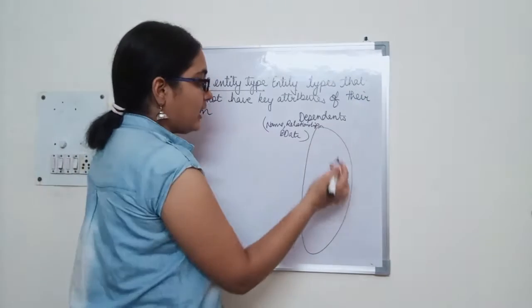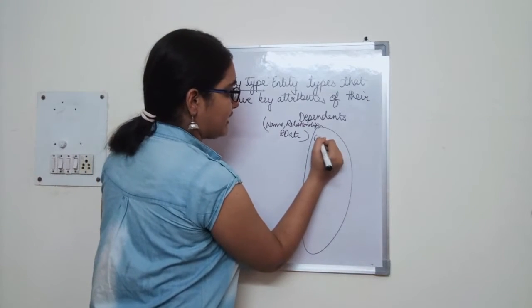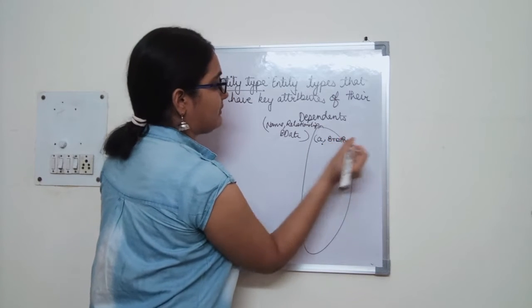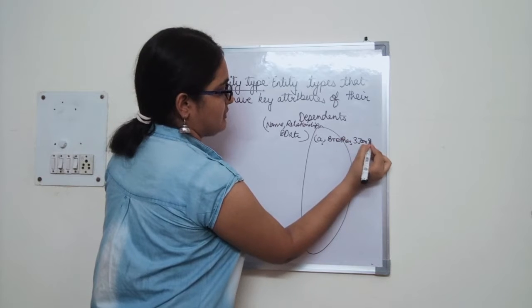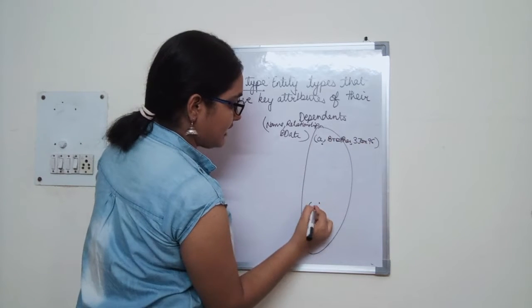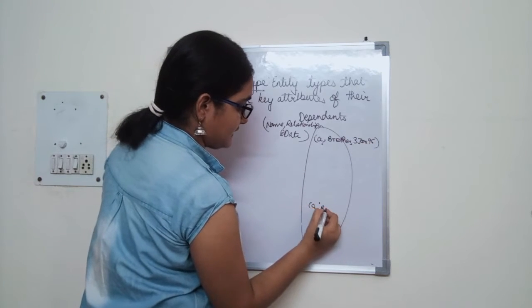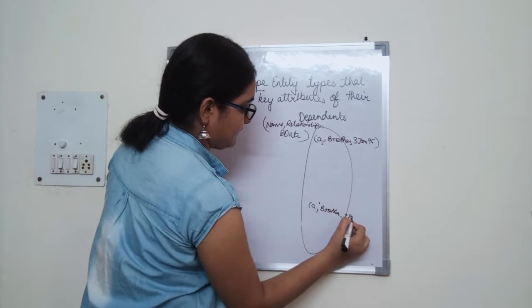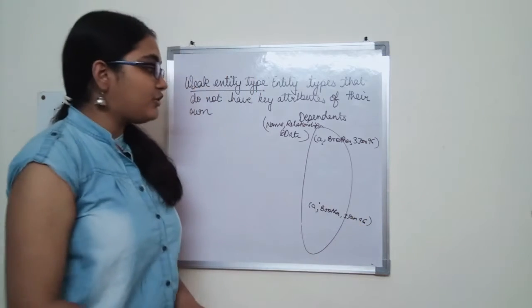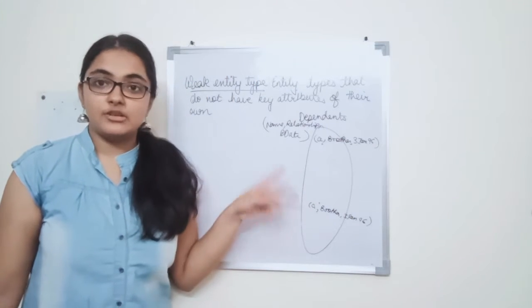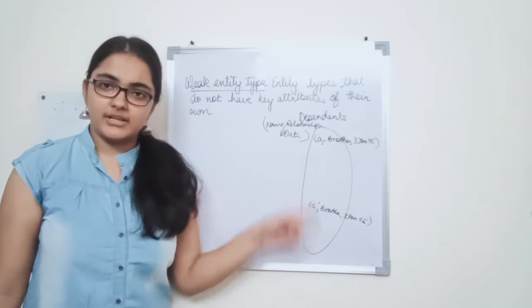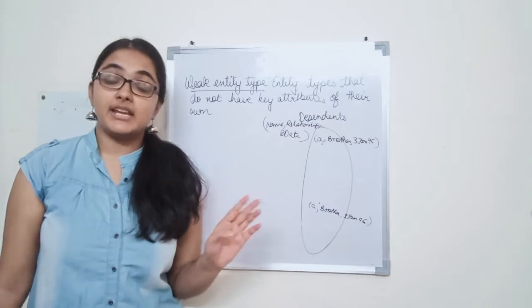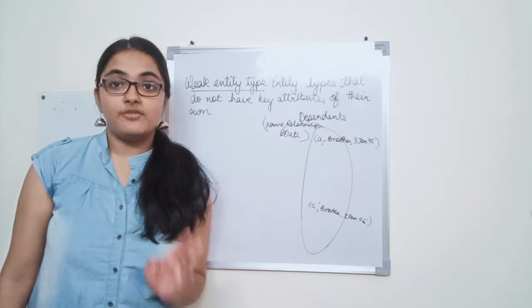Now let us say we have a dependent whose name is A, relationship is brother, let us say, and birth date is 3 Jan 96, right? And also we have another entity who has the same values for name, relationship and birth date. Now when we have two entities who have the same values for all the attributes, then we cannot differentiate them, right? So the uniqueness constraint gets violated. We are unable to uniquely identify each entity of the entity type.